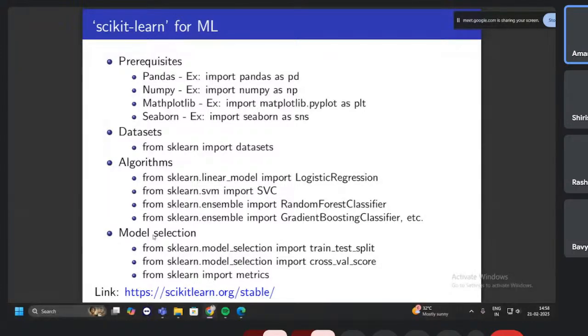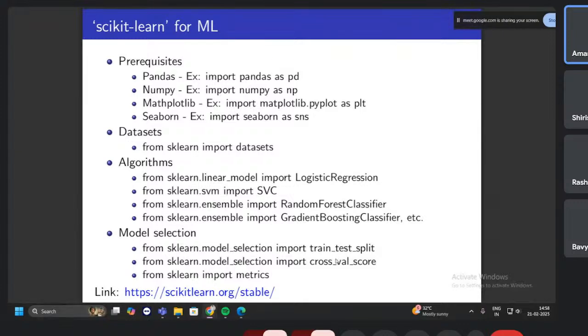For that we will use the model selection library. In that, different types of functionalities are available. For example, there is no need to split the data randomly for the training and test set. You simply import the train_test_split method, and you can use that class for dividing the data